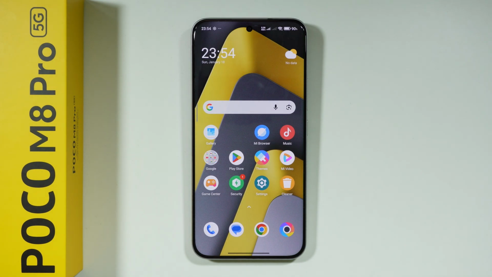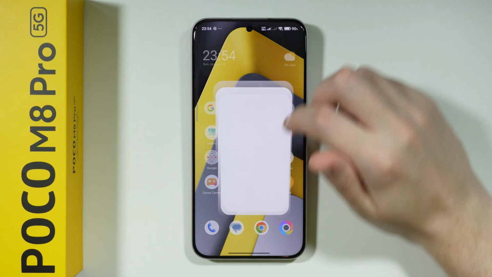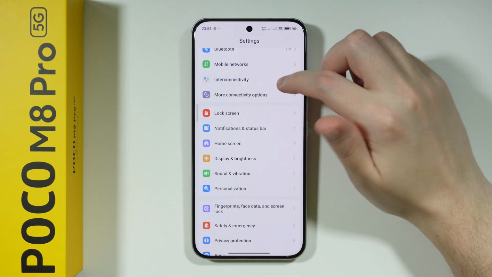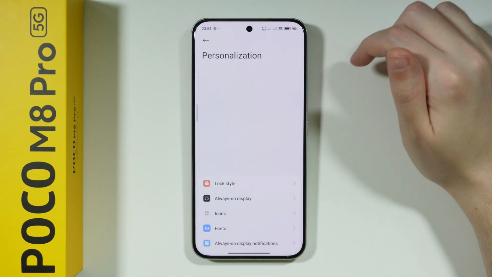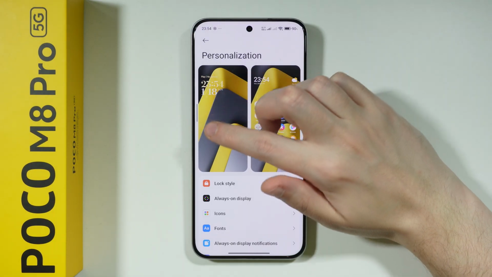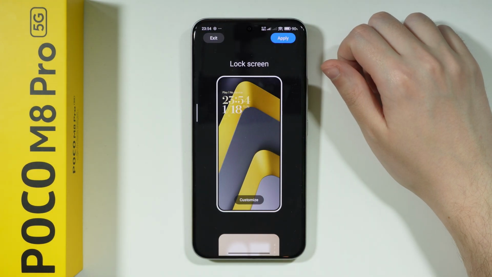In order to edit the lock screen clock on POCO M8 Pro, first of all we can open Settings. Now we're gonna scroll down a little bit and go to Personalization. In this place you should be able to tap on the lock screen, and the first thing that you can